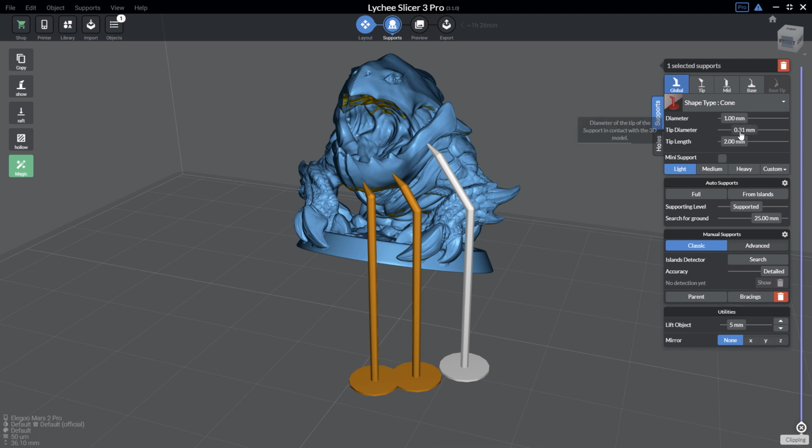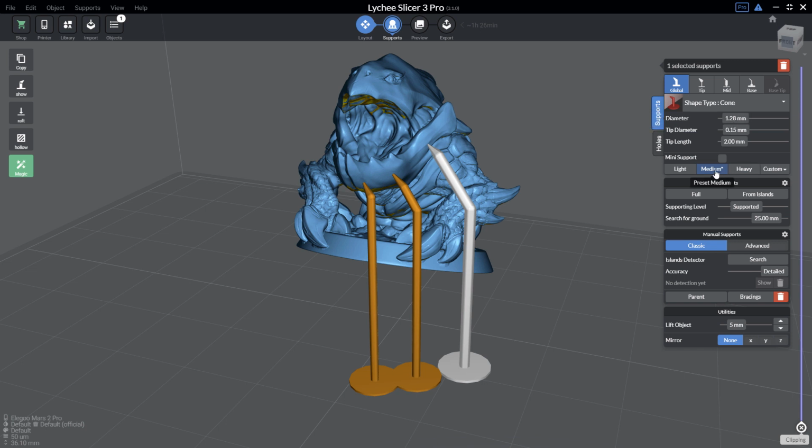Then if you change slightly some values, let's say I'm changing the tip diameter to be a little bit smaller or bigger, it means that it changed. But if at some point I'm changing a little bit too much the setting, you see I'm increasing the values or decreasing, just notice that below, the preset also changes. It means that each time you are doing some modifications in the parameters of your supports, Lychee Slicer is looking at which preset is the closest one. Then if I'm increasing too much the value, it means that right now, this diameter is very close